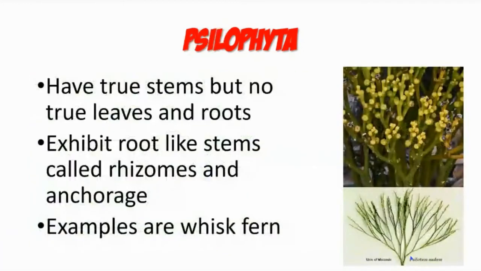Next po, Psilophyta. They have true stems but no true leaves and roots. They exhibit root-like stems called rhizomes for anchorage. Example of these are the whisk fern. Then